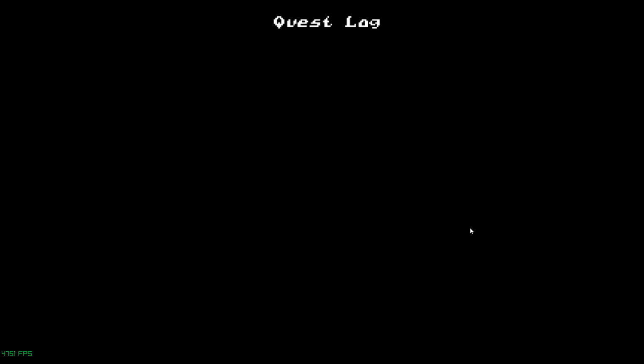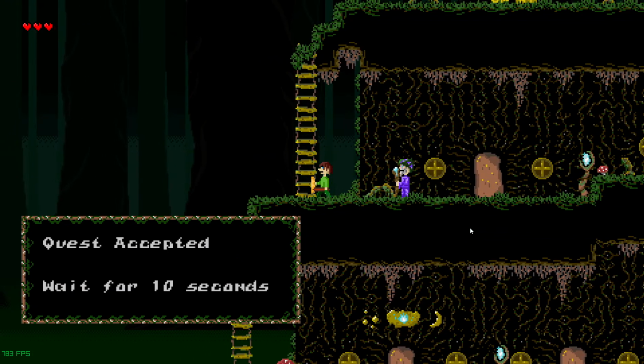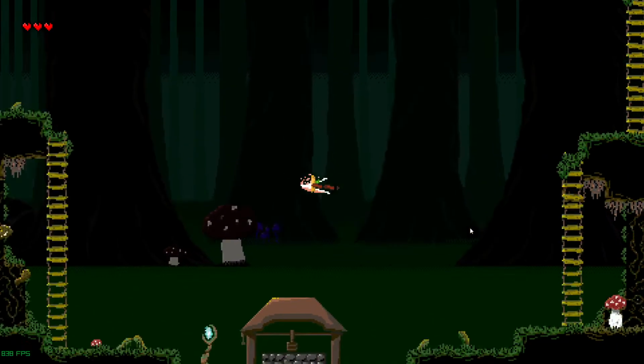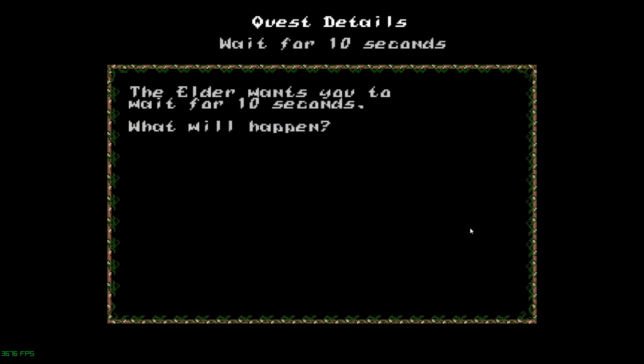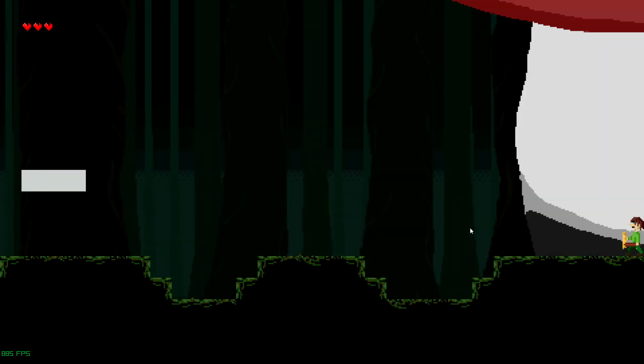The quest log or the menu also has a sound. You accept the quest. We don't have sound for notifications, but we could add that as well. And there you go, you can select this one and cancel out. Okay, but anyway,